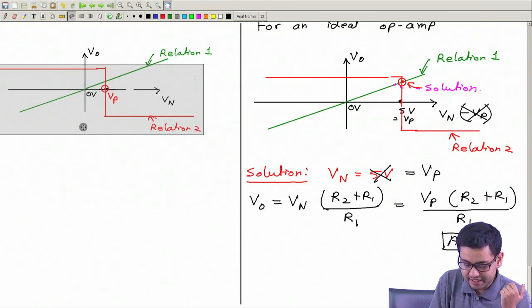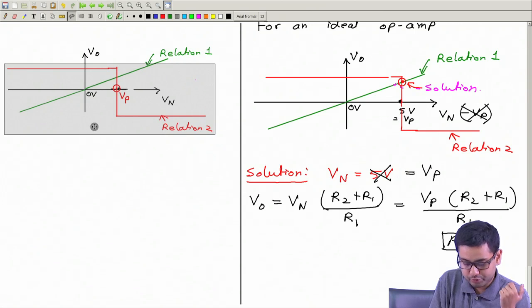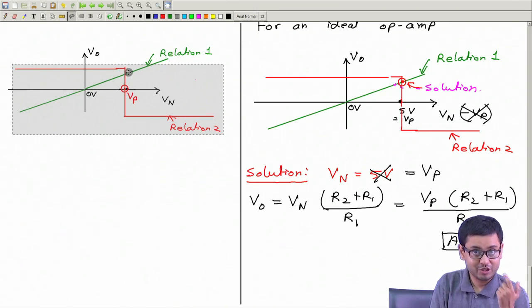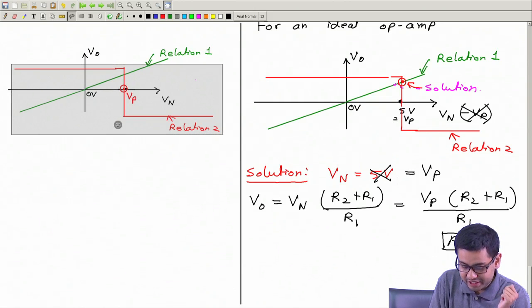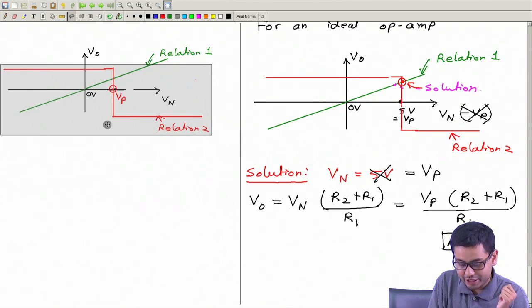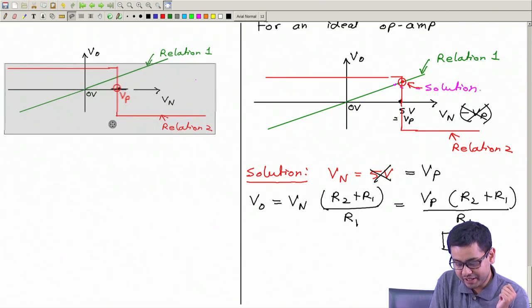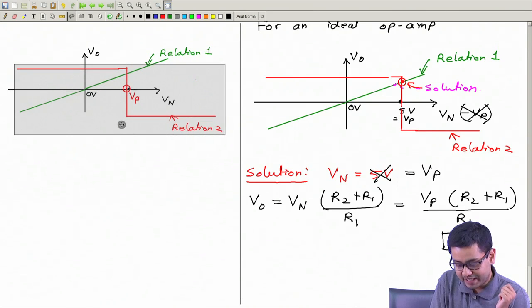If I now increase the value of Vp, you see this red curve is moving towards the right, and therefore this crossing between the red and green curve is also moving towards the right and upwards. That means Vo is also increasing. So that's a nice observation. If I reduce Vp, if I reduce input, output reduces. If I increase Vp, output increases, and it keeps increasing